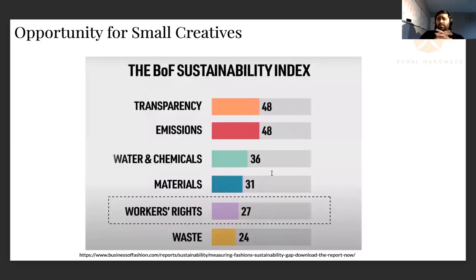Now, a good example, and also an opportunity for a lot of creatives, which are you guys, small creative businesses. A study done by Business of Fashion, which is quite extensive, tried to create a benchmark, and they analyzed over 200 brands and ranked all of them based on different components. So transparency, emissions that they're creating, water and chemicals they're using, choice of materials, man-made versus organic, the workers' rights, and waste. Now, if you had to create a business today,